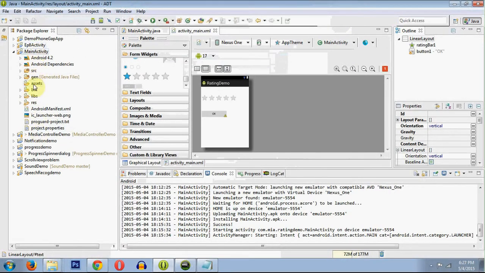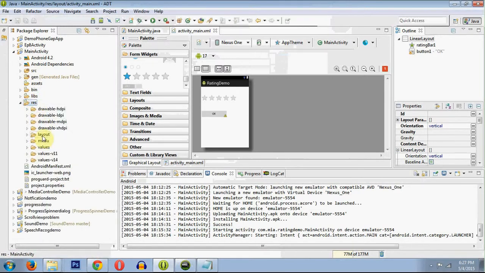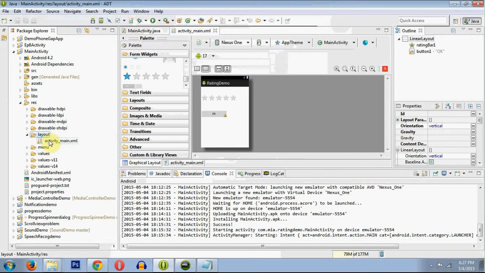This will be the structure of your application. So first we will make the layout. Click on resources, layout, then activity main.xml. That's the thing opened here. So how did I get these stars and this button? Just click on the form widgets and pull below. You will see a star. Just drag it onto the window. Then if you need, you can use a button for the command. It's optional, by the way.